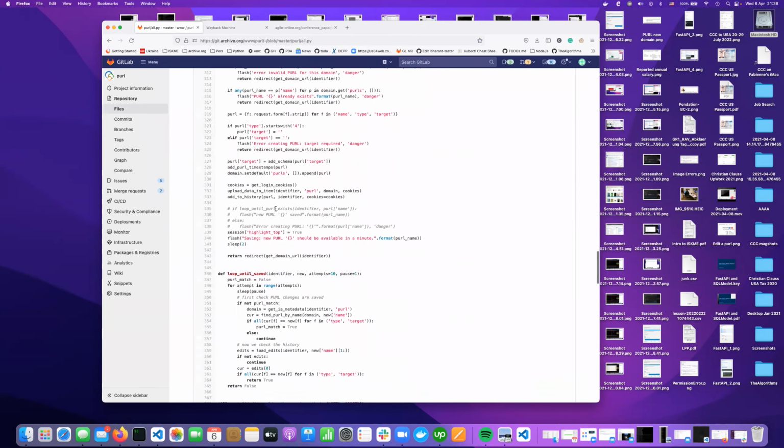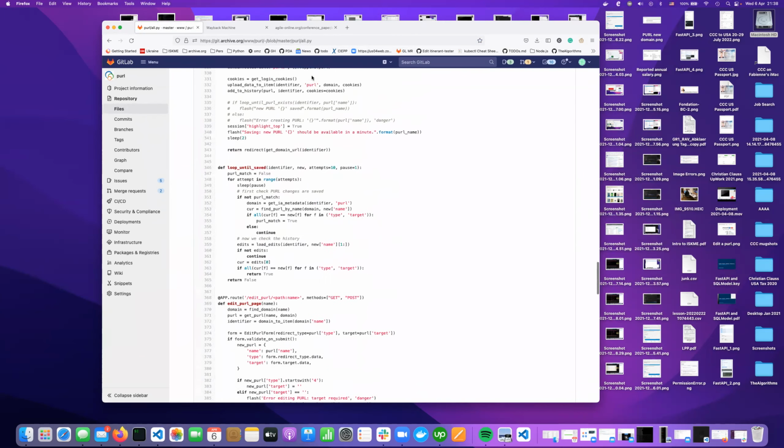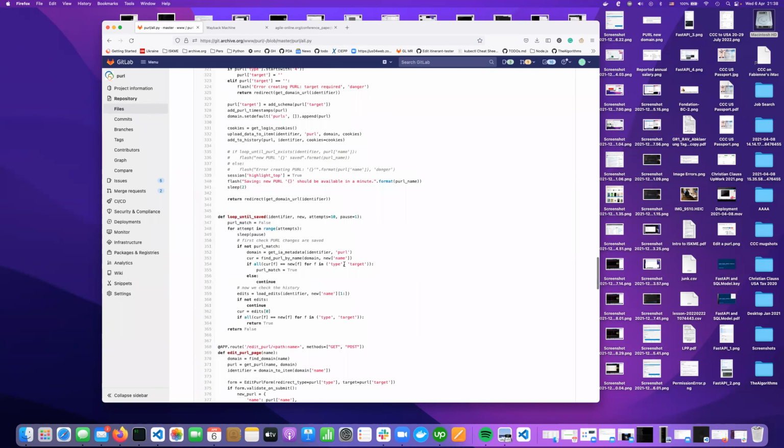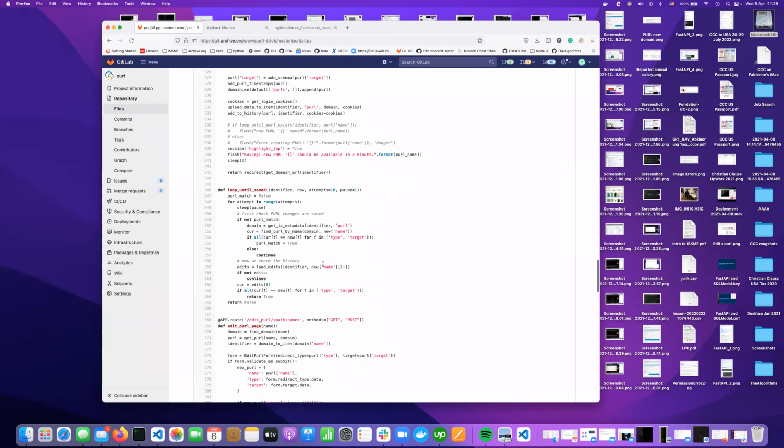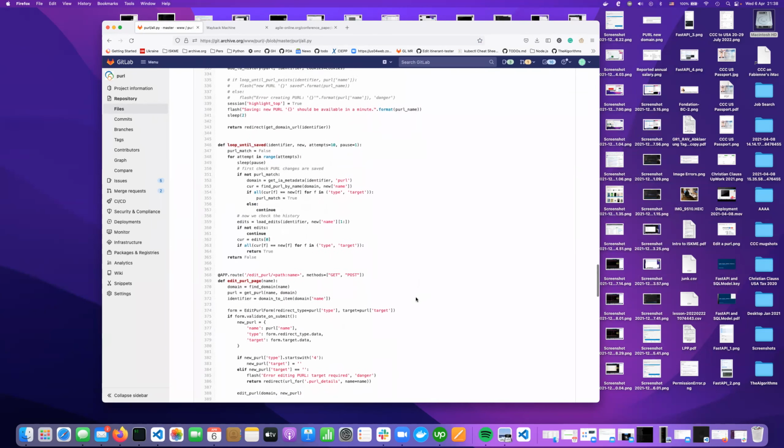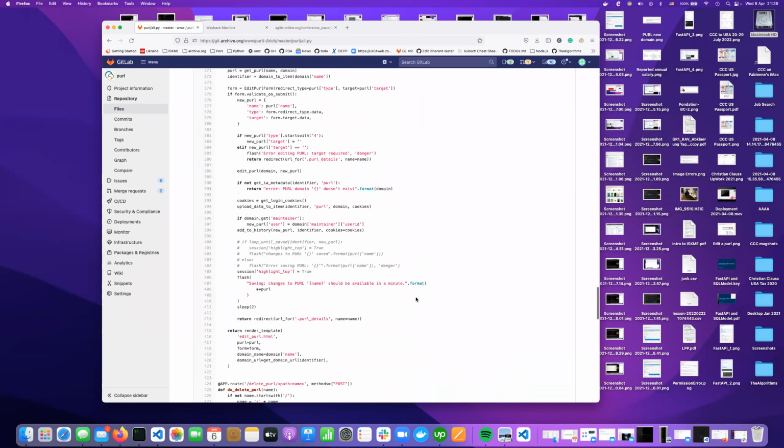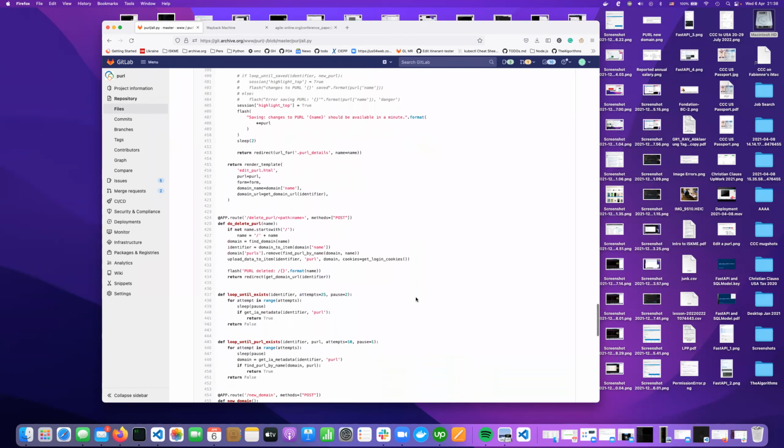This is the one that's been the most problematic. Looping until saved has been problematic, and then editing the Purl page. So that's the basic stuff around